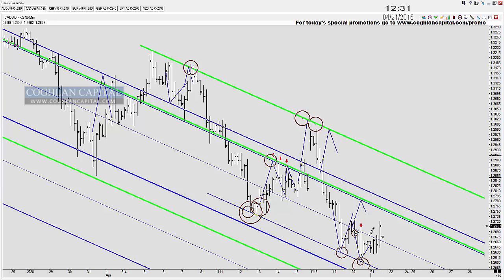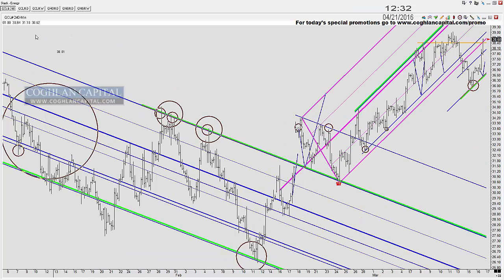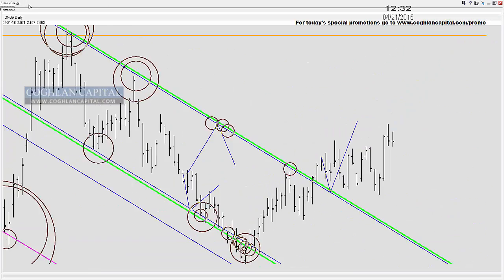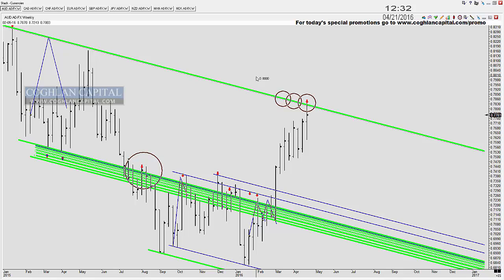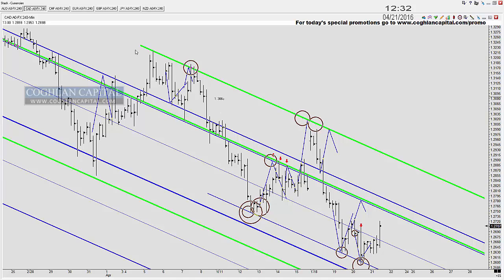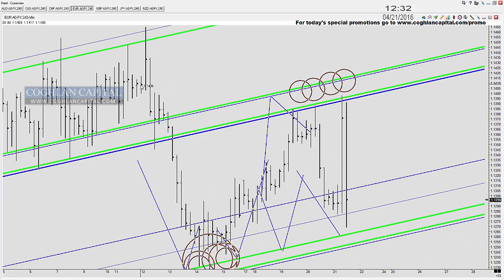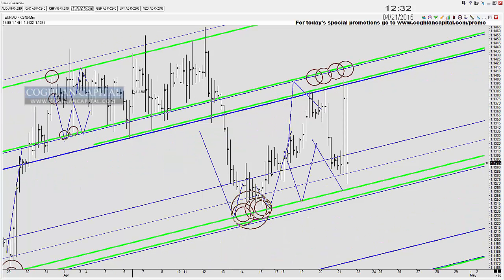So therefore, if the dollar is going to see a bounce, you would expect the Canadian dollar to weaken, i.e. move higher. And that's exactly what's happening. Canadian dollar is moving higher. Think back to what I said about the Australian dollar. The Australian, whoops, wrong chart, that's crude oil. Think back, here we go, Australian dollar at resistance, potentially going to see a bit of a pullback. So the Aussie and the CAD so far are hinting maybe the US dollar might strengthen. So let's go and look at the big one, if you like, the big kahuna when it comes to the dollar index. So this is the euro, and what I've been looking for,